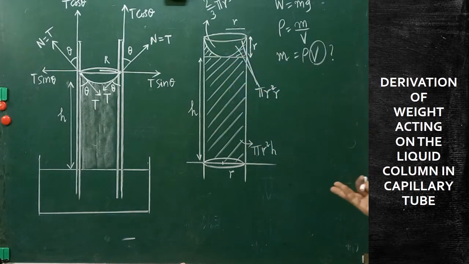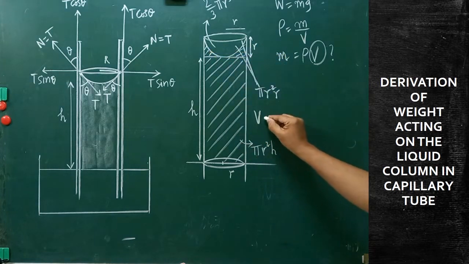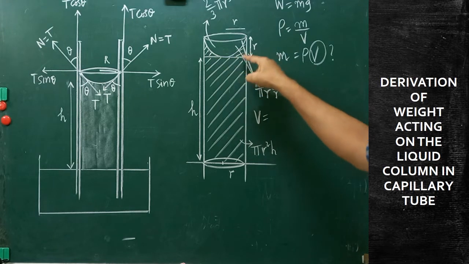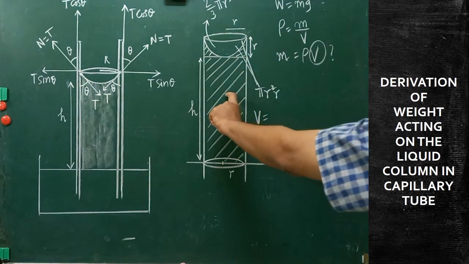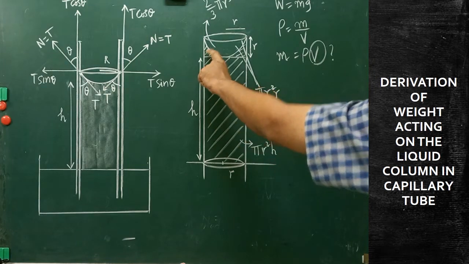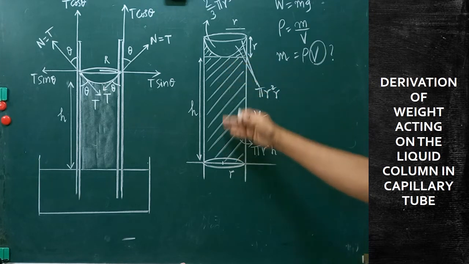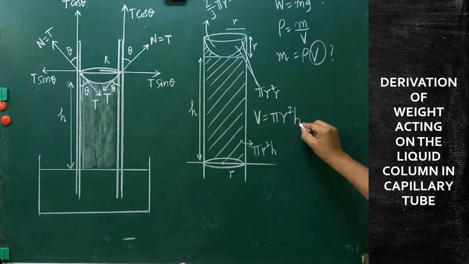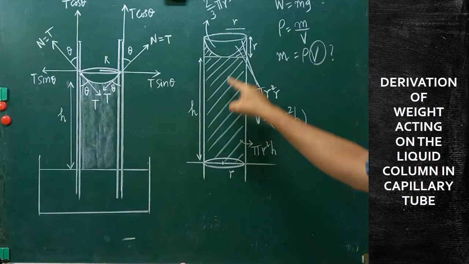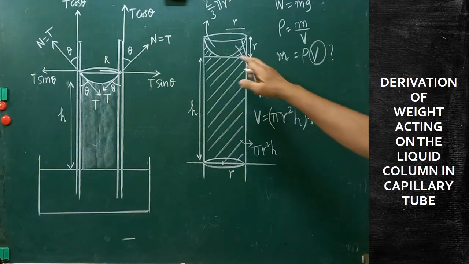So it will be very easy to calculate the volume of the shaded portion. The total volume of this shaded portion, the water portion, can be calculated by finding the volume of this portion and the volume of this portion. So therefore first you take this volume, it's a perfect cylindrical water column. Already we have written V is equal to pi R square H. So this is the volume of this portion. That is to be added with this one.